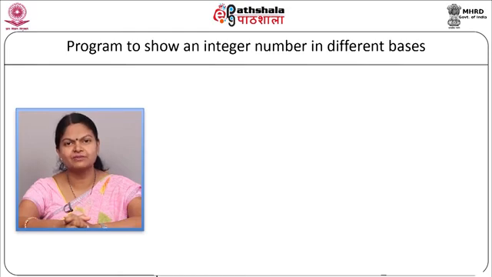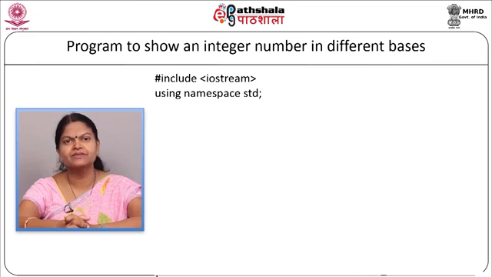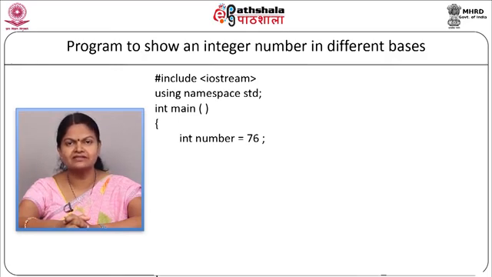Now we will start with our program: #include <iostream>, using namespace std. Now we will start with our main program, int main. Now we will declare one variable as integer i is equal to 76. Now this particular number 76 we are going to display in three different formats, that is hexadecimal, octal and decimal format. So first we will change the format here as